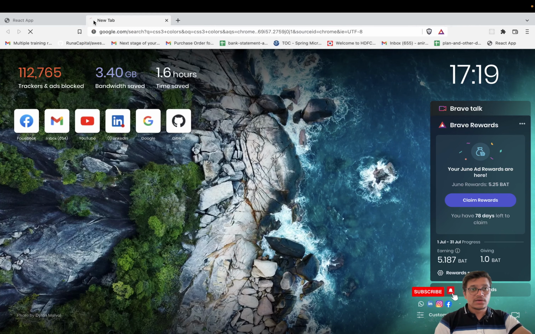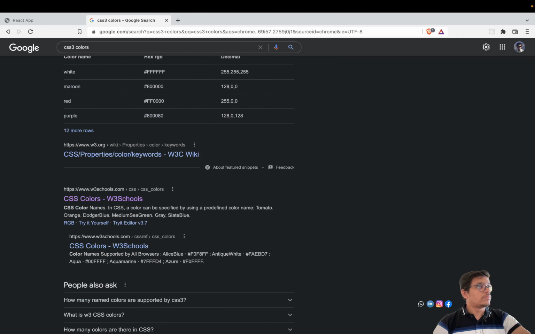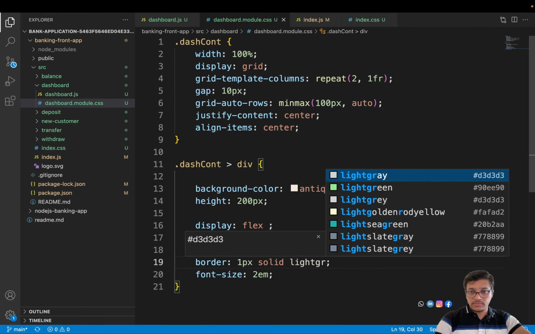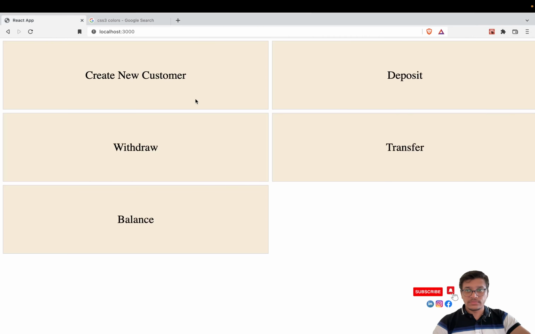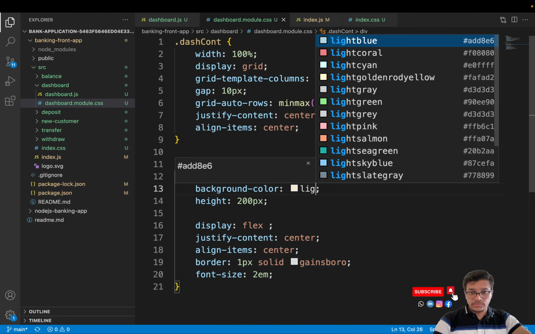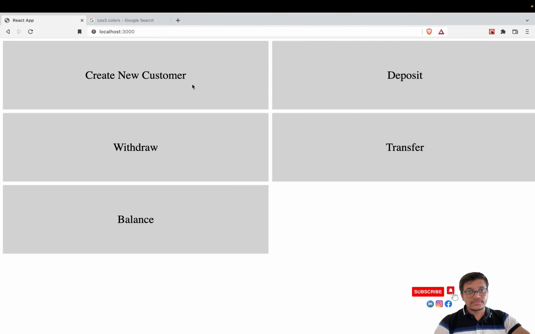CSS 3 colors, you can say. Okay, just say light gray, light gray, okay, to the border, not to the border, light gray. Okay,